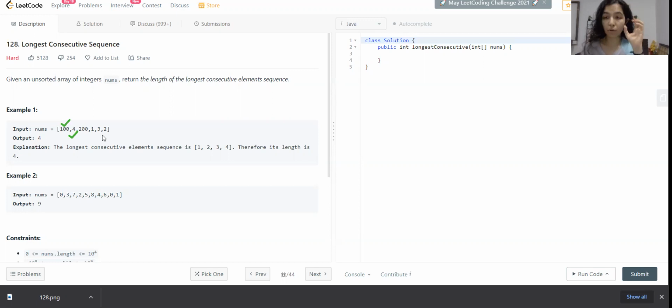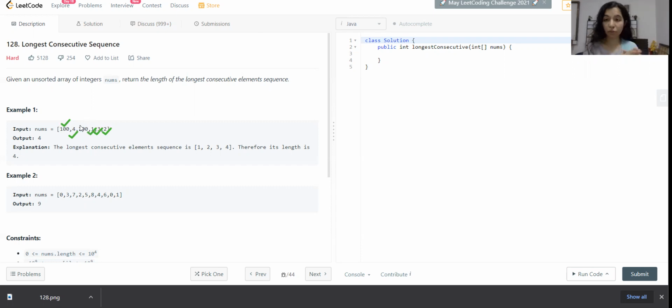So we move on to the number which is less than 4, which is 3. So we take this into account. Now we move on to the element which is 1 less than 3, which is 2. Then we move on to the element which is 1 less than 2, which is 1. So now we have a maximum length of 4, as we have 1, 2, 3, 4 together.